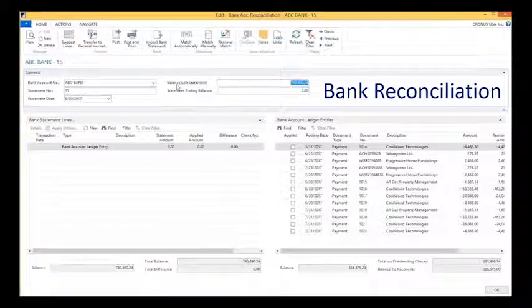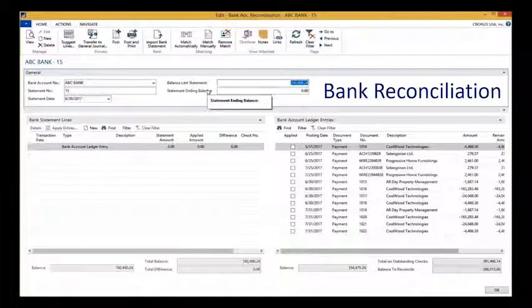This is NAV at the moment, showing you the normal bank reconciliation for cash management. You must reconcile your bank accounts, of course, in Microsoft Dynamics NAV by matching bank ledger entries resulting from the posted payments with the related transactions on your electronic bank site, and then post the balance to your bank accounts. For this purpose, the bank account reconciliation, in this case, the window we are showing you now,